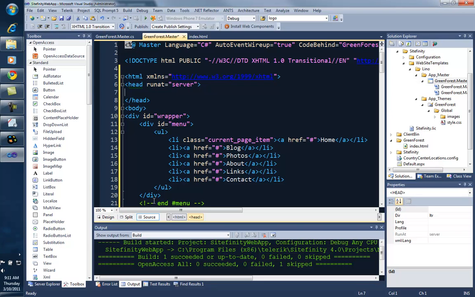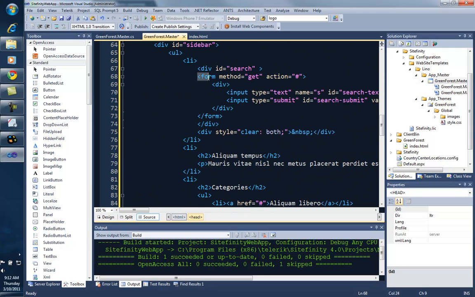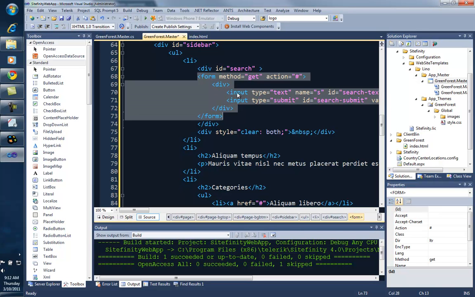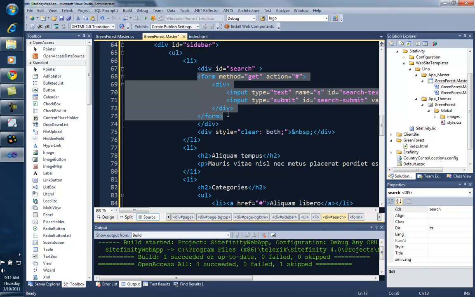The body in here has something that might work for ASP.NET but will not work for Sitefinity, and that is it does not start with a form tag that encapsulates everything inside of the body. And if I go down a little bit, you will notice there is a search form. There you go. There is a form in here that has a div for the input for the search mechanism. Of course, as I told you, the HTML has no clue about Sitefinity. Sitefinity doesn't like what you see in here, folks. The form has to run at the server and has to encapsulate the entire data. So I'm actually going to take all this stuff out like this, and we'll go ahead and comment it out